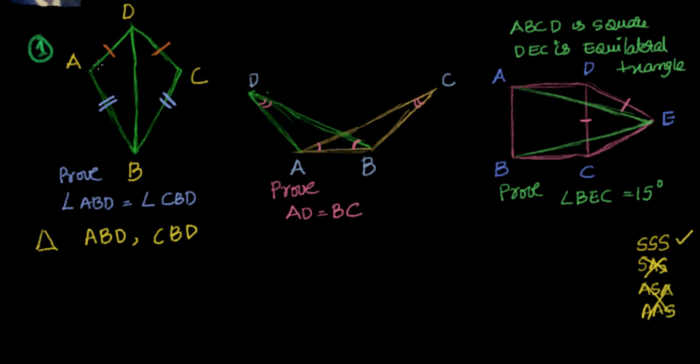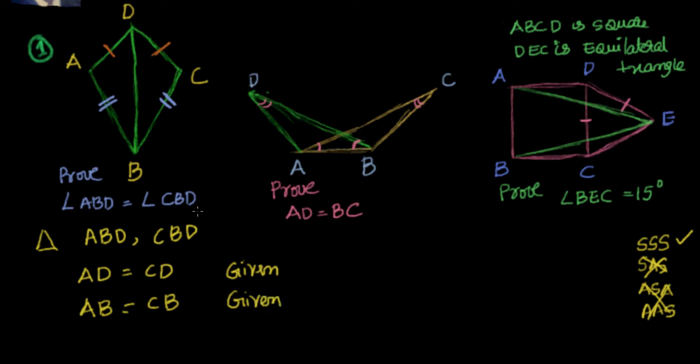Now what is the first side we want to prove? AD is equal to CD. That's what you want to say. What is the proof for this? This is already given. This is called a two column proof, right? You just give the statement, then give the reason. So AD equal to CD, it's given to me. Now what is next? AB equal to CB, yes, that's also given to me.